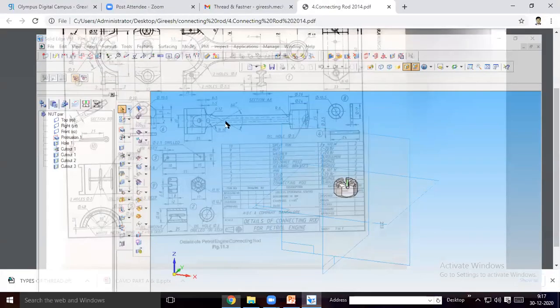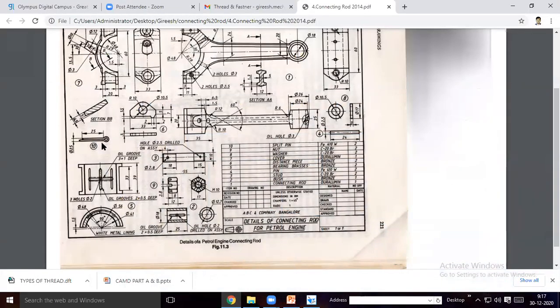What else is left here? Only the split pin is left. Here you have a split pin. The length from ear to ear is 25 mm. First you have to create a path here for the split pin. It is 2.5 mm apart, which means the radius will be 1.25 mm for each side. So first you have to take a path over here.